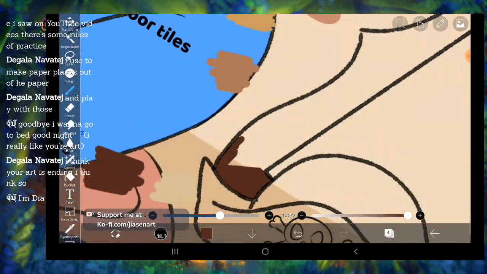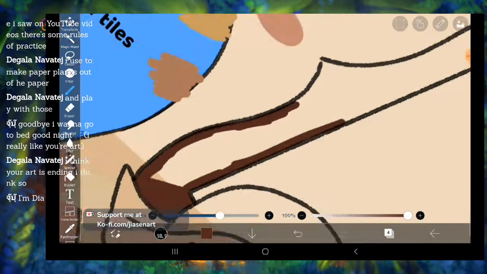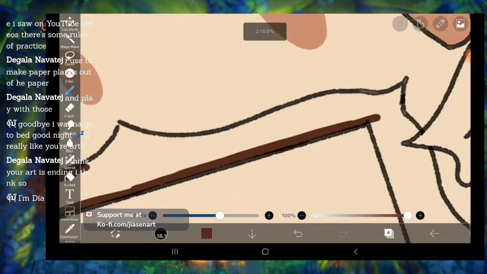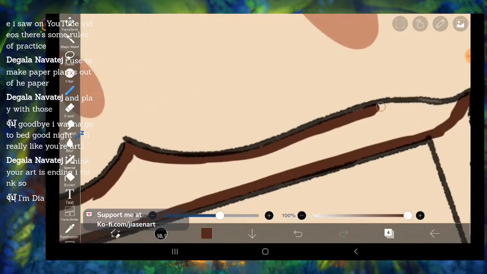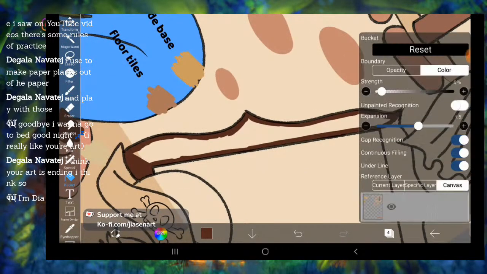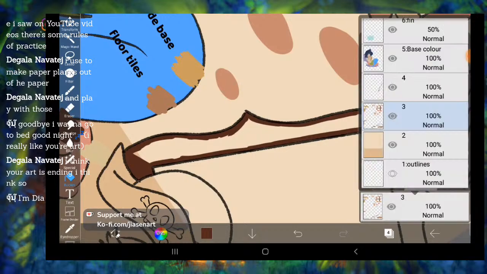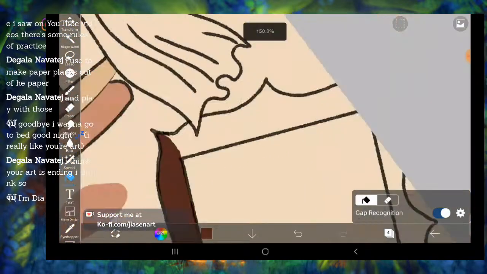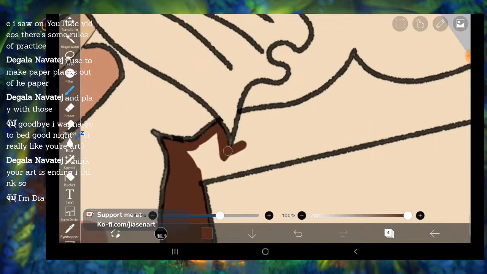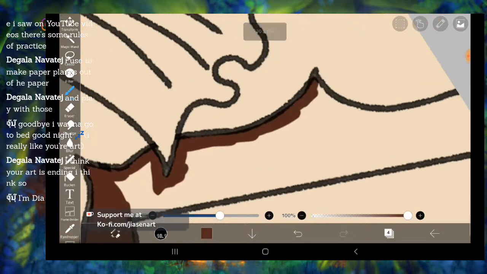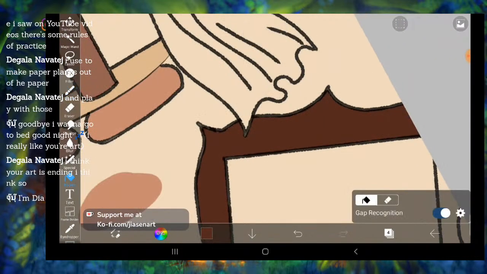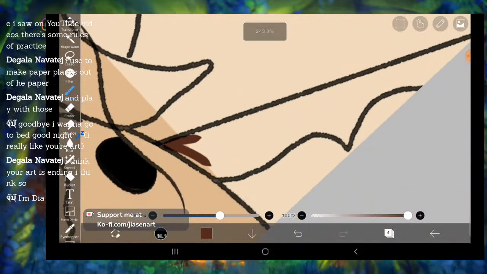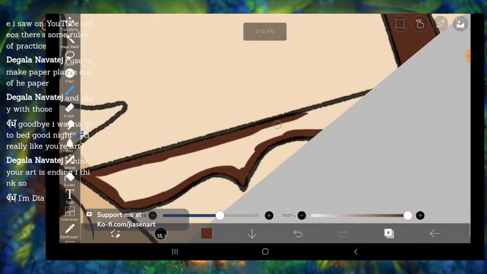As I was saying, study of values is very important, like how lighting works. Maybe because I'm a bit obsessed with lighting, that's why I overdo lighting all the time. But when you paint, try to use grayscale and see how much lighting and shadow you're using in your painting.